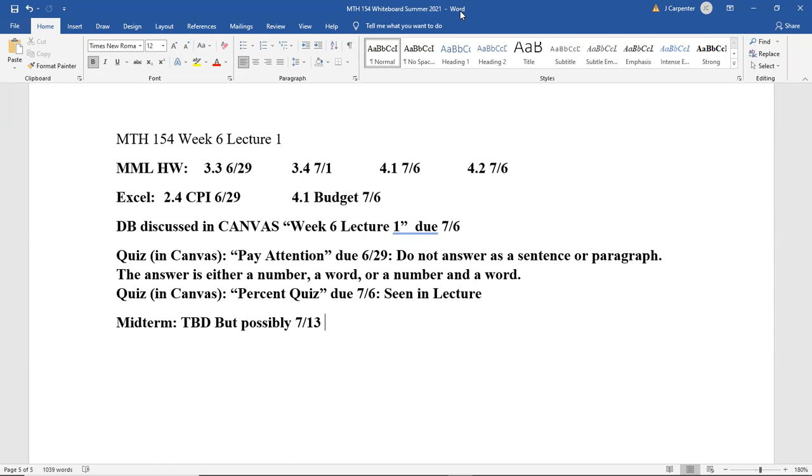We'll have a discussion board that we're going to discuss pretty early in today's lecture. So you'll see that in Canvas with the week 6 lecture 1 title. This is going to be a discussion board where every student absolutely must participate. So failure to participate in this discussion board will dock your grade, unlike some of the other ones we've had where there was a finite amount of answers and not necessarily everyone could have an answer. So again, everyone must participate in this discussion board.